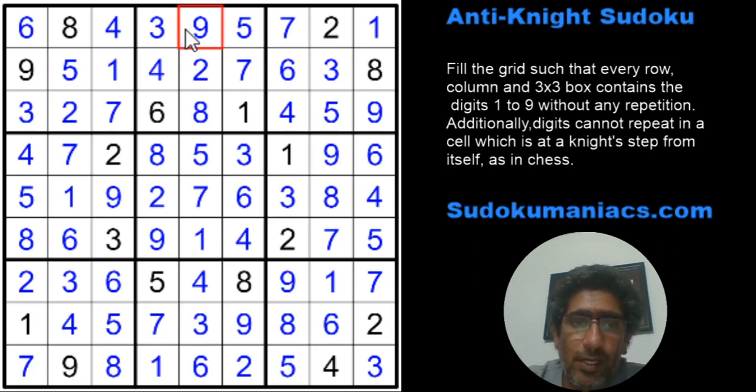Were they helpful? Did they help you reduce the solving time? Maybe what you can do is pick up any random other anti-knight Sudoku that you can lay your hands on and try to use these techniques that we learned. But I'm eagerly waiting to hear from you guys to understand, or rather to see how well you guys understood and whether it made